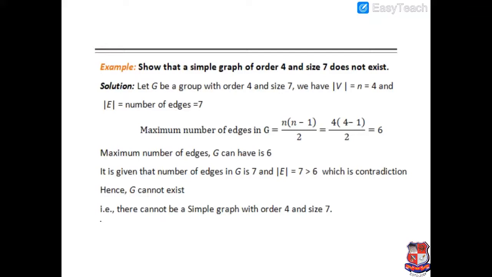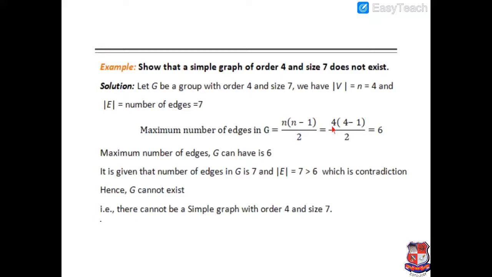So here we prove one example, that a simple graph of order 4 and size 7 does not exist. We already discussed the order and size of a graph. If G is a graph, then order 4 is the number of vertices in the graph, that is cardinality of V is equal to 4, and size is the number of edges in the graph, therefore cardinality of E is equal to 7. Now the maximum number of edges in a graph G is equal to n(n-1)/2,